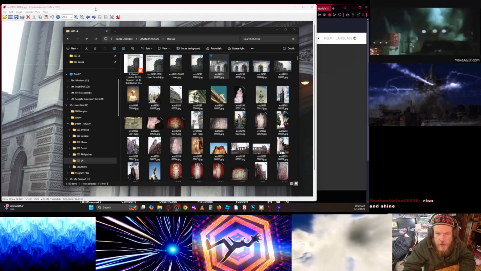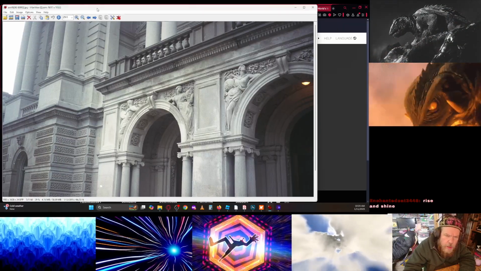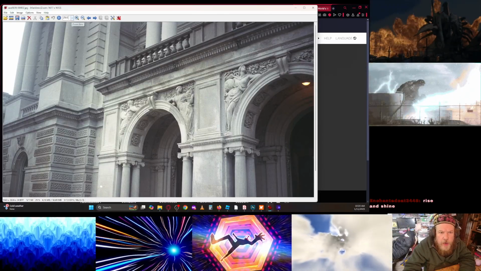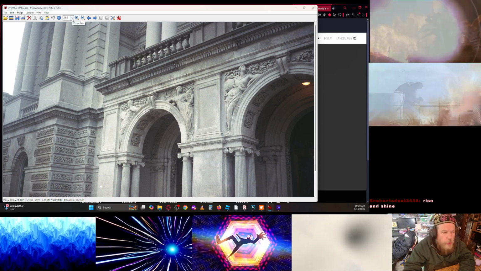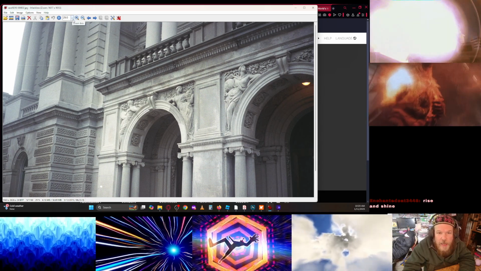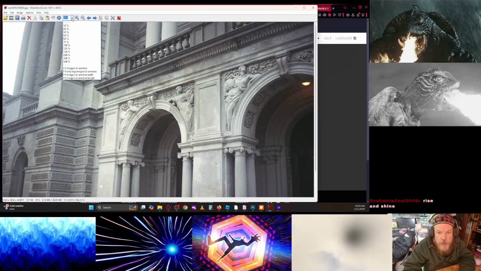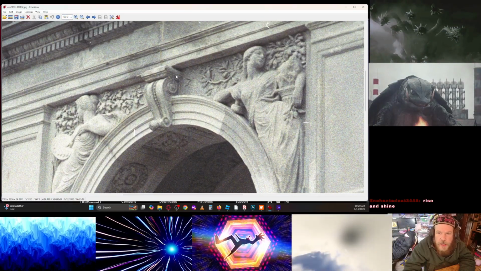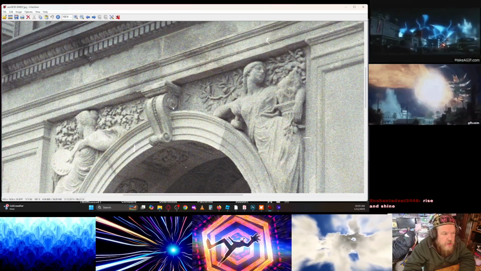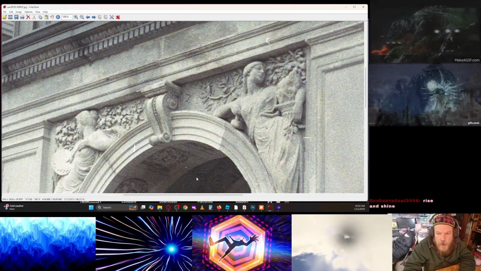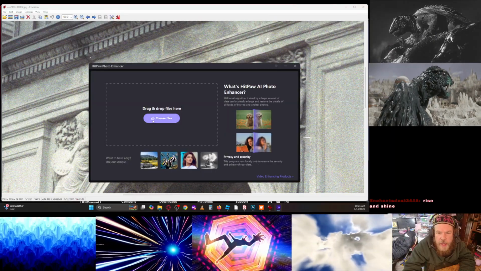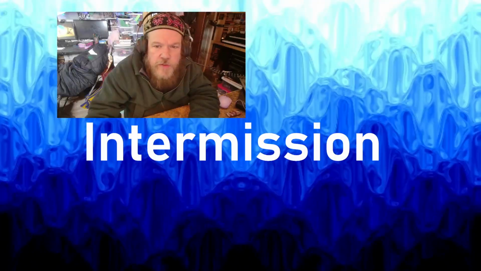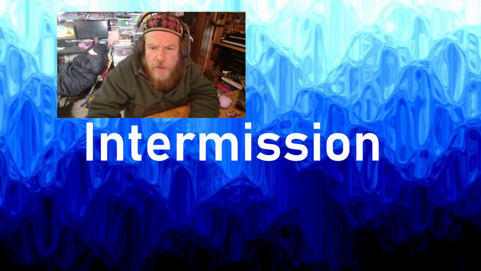I believe this is image number 2. I'm looking at it in IrfanView, which I like, and it's only at 29%. If I put it up at 100%, you can see what we're looking at in terms of noise and so on. So I want to get some AI out, but just for safety, I'm going to